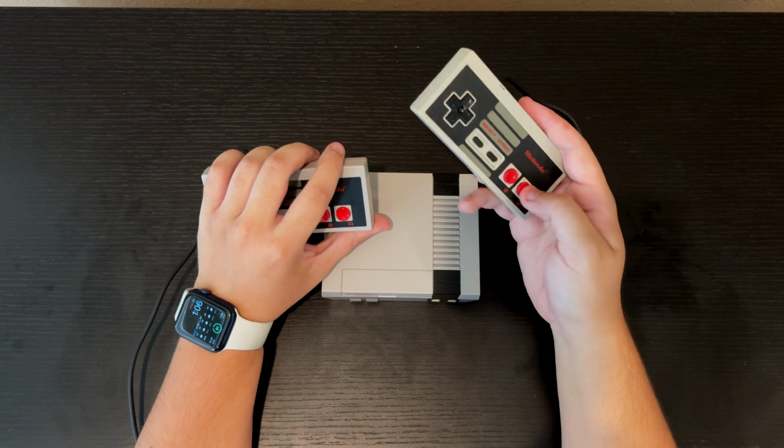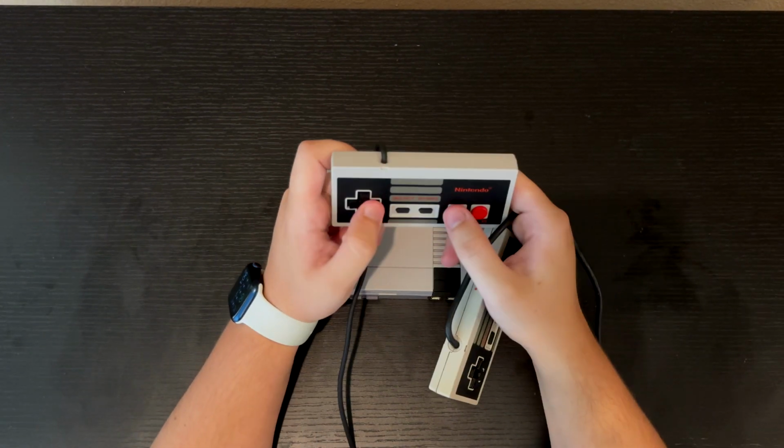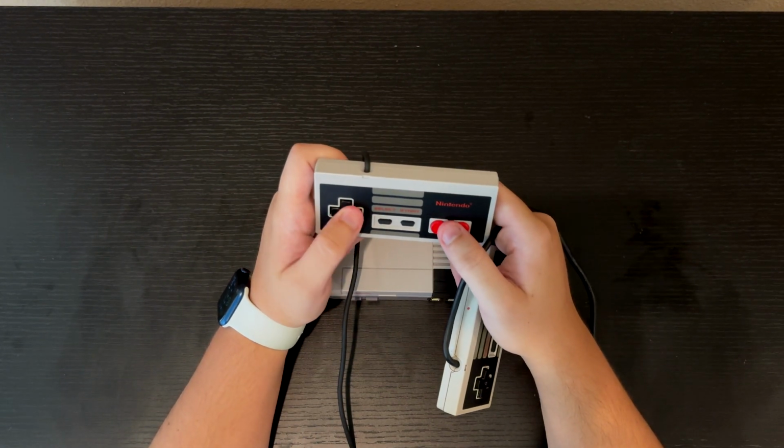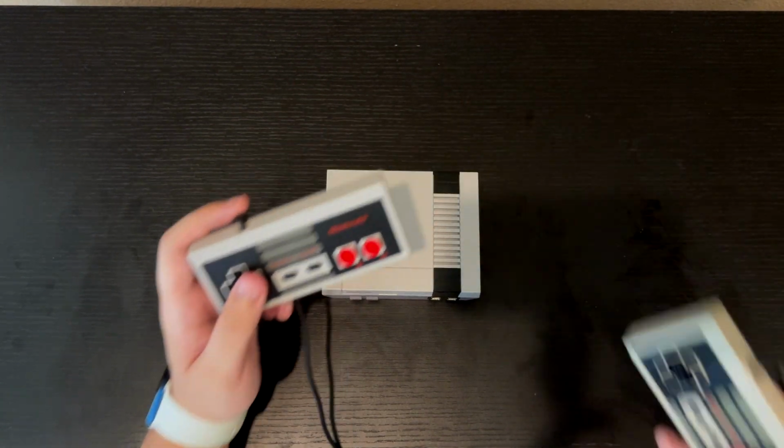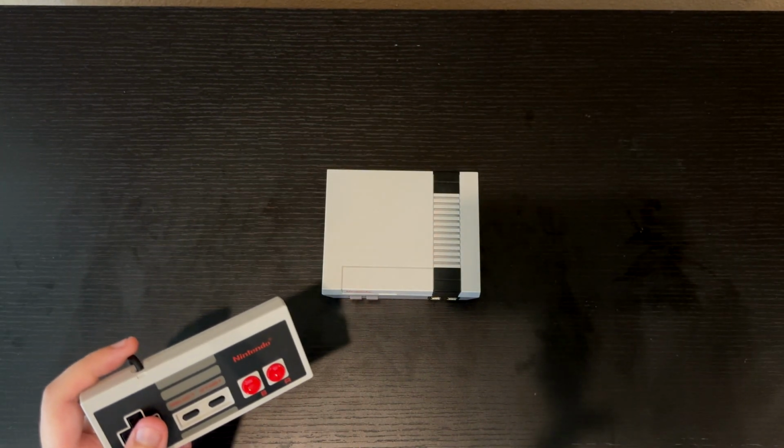But I will say that, I don't know if this is because of age, but the buttons on this controller feel so much better than the original. They feel much more clicky, whereas these ones feel much more mushy. But these ones feel much more clicky, and I really like that. Only problem I have with this controller